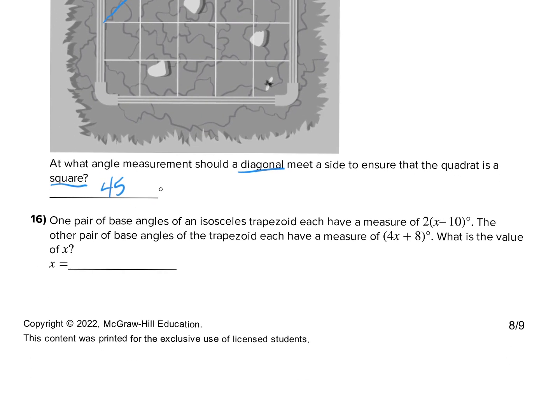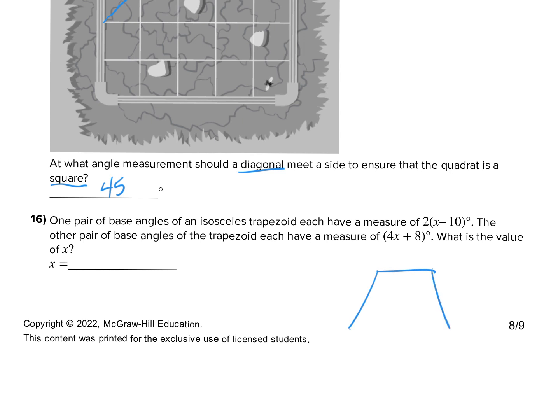Okay, one pair of base angles of an isosceles trapezoid each have a measure of 2 times x minus 10. The other pair of base angles of the trapezoid each have a measure of 4x plus 8. What is the value of x? Okay, so